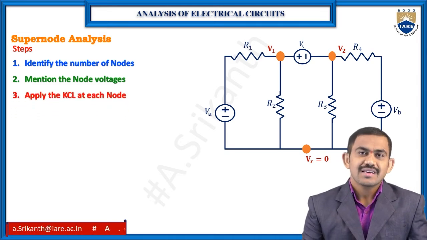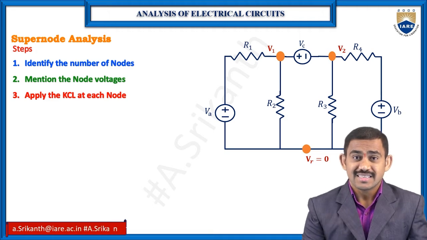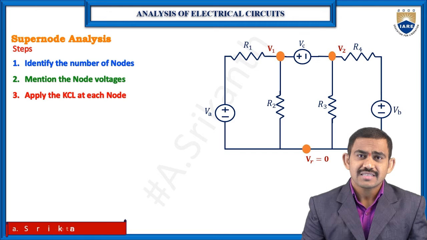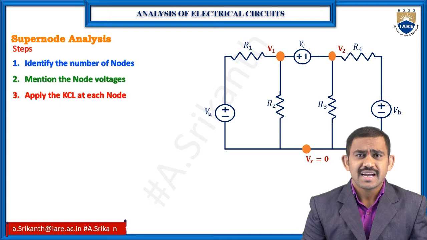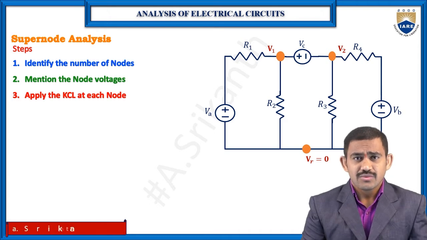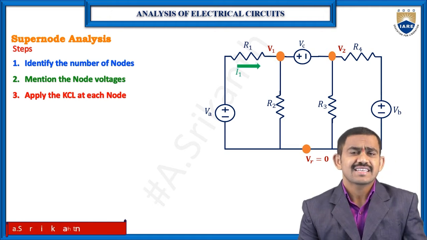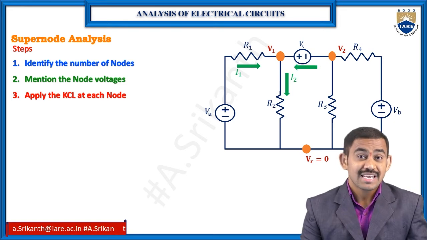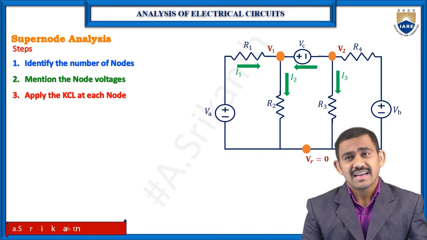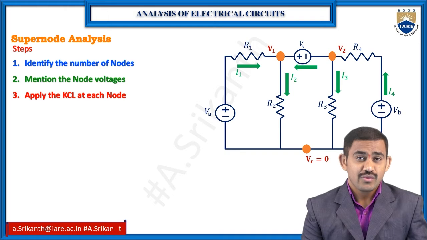Next, apply the KCL rule. For the KCL rule, I need the currents. For each node, writing the KCL rule means I need the currents. Incoming currents are equal to outgoing currents; the algebraic sum of currents equals 0. Using that method, I need to find the equations. Now write the current directions. Give the current direction for each branch. So this is my current direction, I1 and here I2, here I3, and in the last branch I4. So I have 4 currents.